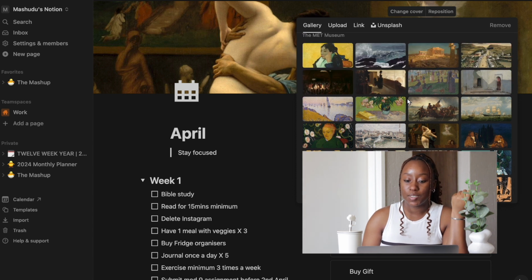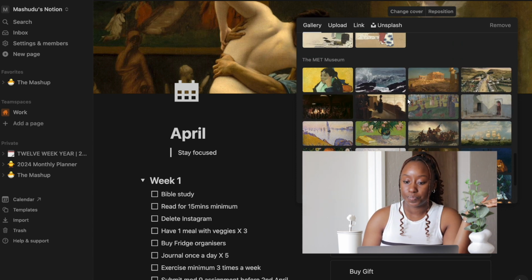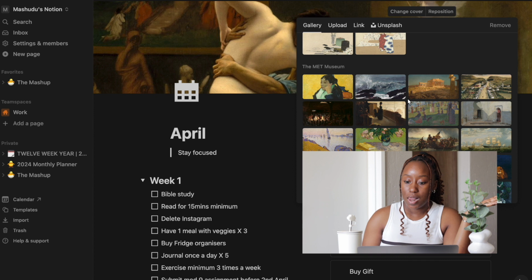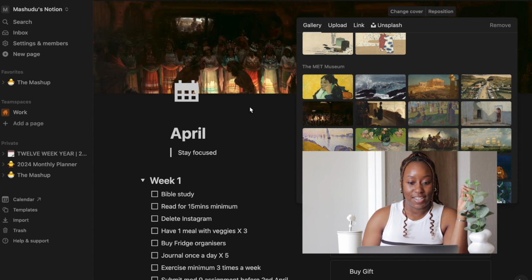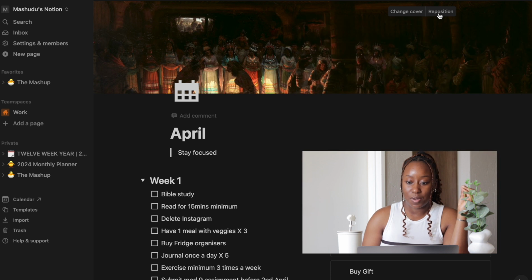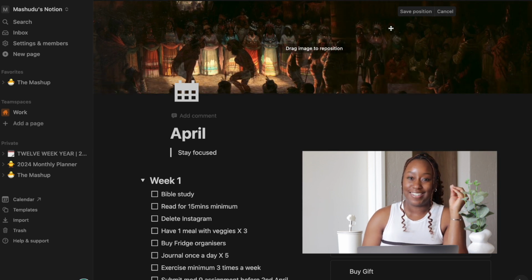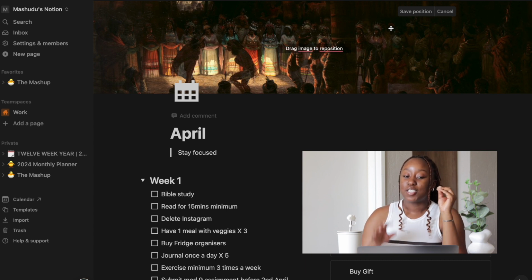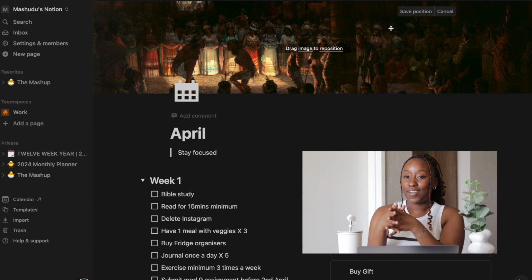Let's put something kid friendly. Stay focused. Ooh, I like this one. See, I'm picking this one because y'all gonna say I'm too sentimental or something. The light is focused on a specific area and everyone is also focused there, so I think it goes well with the stay focused motto for April.